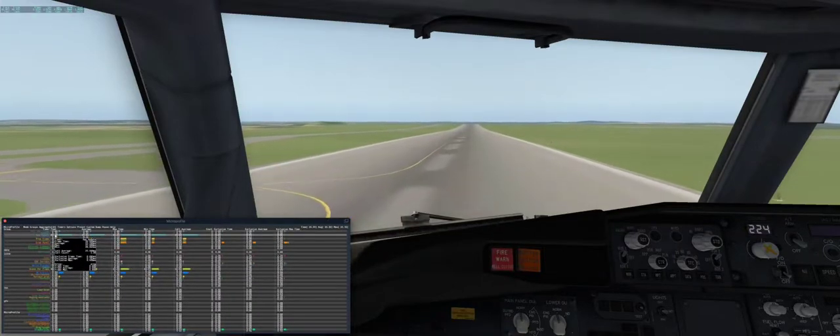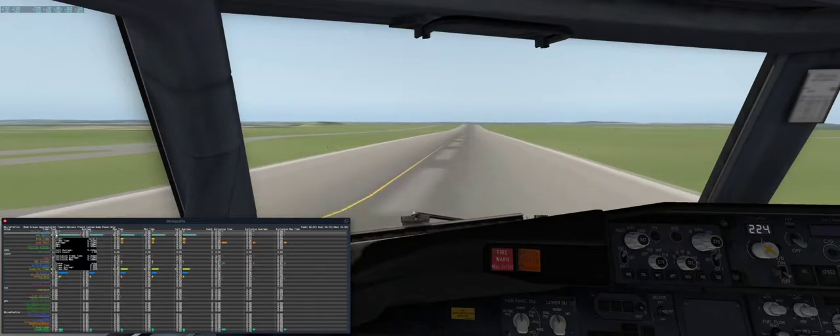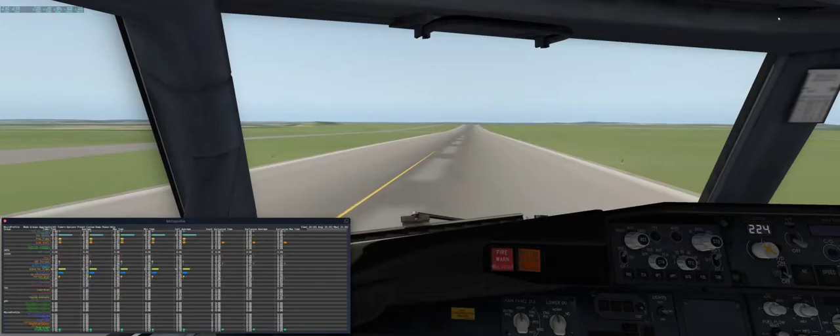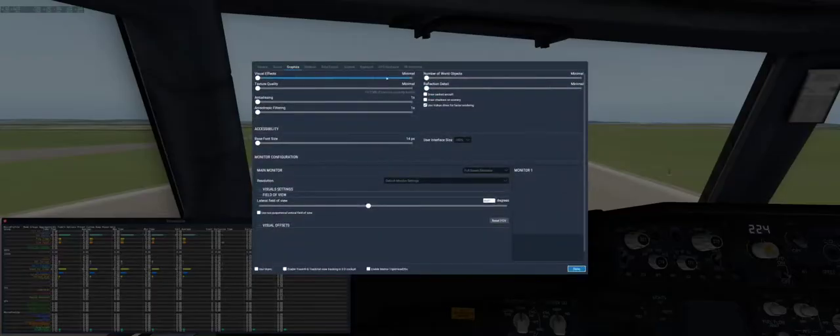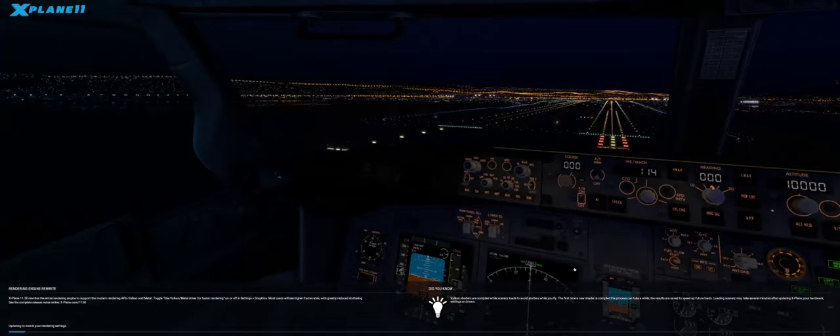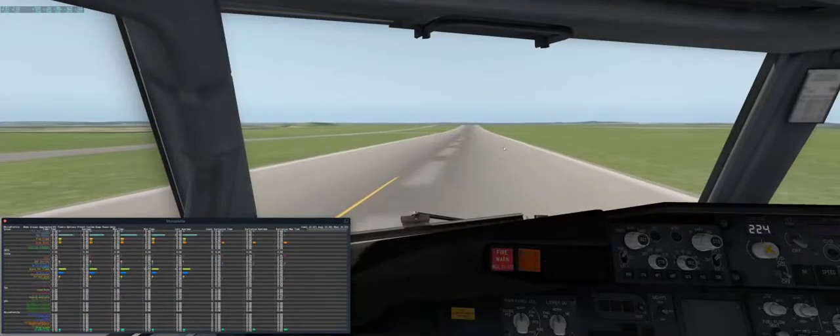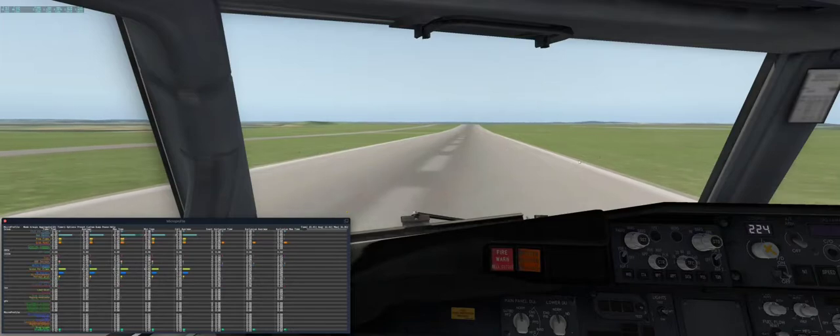So there's the current right now. It's still there, but it doesn't take up much time. And if we bump up settings until we have the issue in the Zibo, which we don't, you can see,